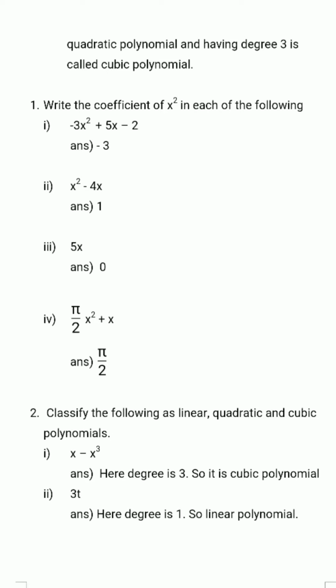So these two questions you can see. In the first question the degree is 3, so it is called a cubic polynomial. In the second question you can see the degree is 1, because the power of t, the variable, is 1. We look for power only for the variable. The constant numbers like 3 and 5 can have any power, no problem. We look only at the variable, the alphabet's power, the alphabet's exponent. According to that we call it the degree. Here the variable is t, so the power is 1, so the degree is 1, so it is a linear